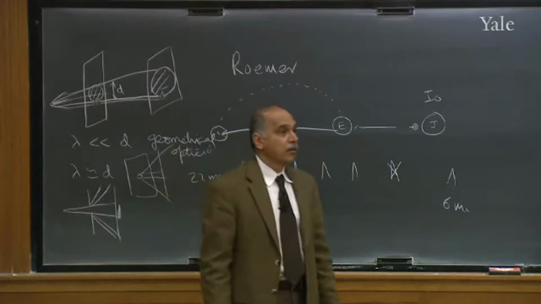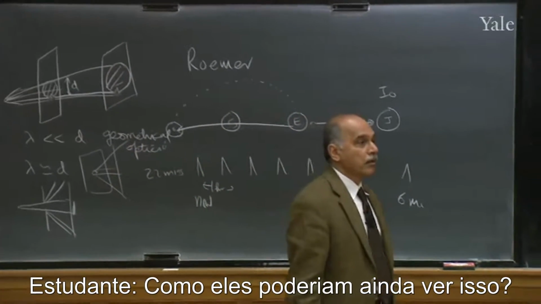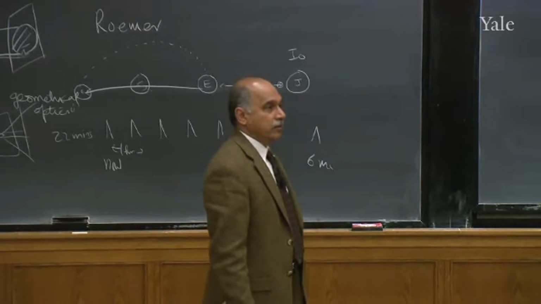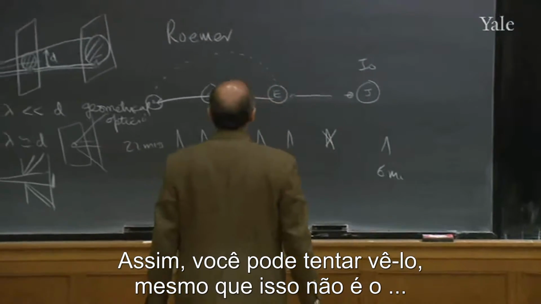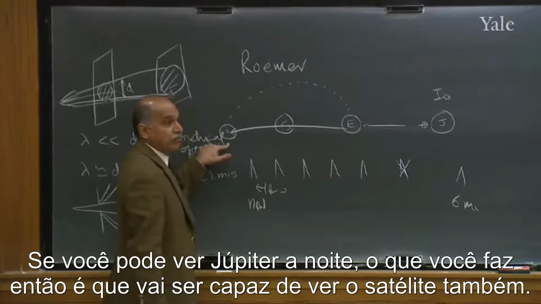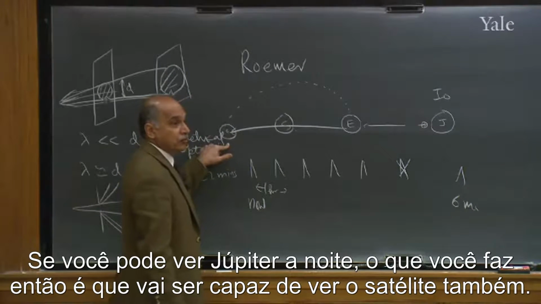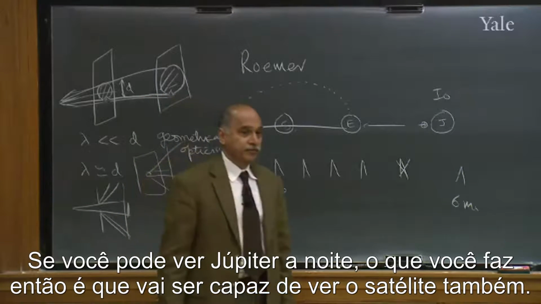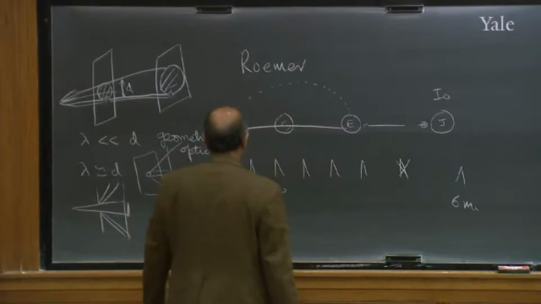Yes? How could they still see it when they don't understand the sun in relation to it? Well, it's not all in the same plane. Oh, okay, so you can try to see it even if it's not in the... If you can see Jupiter at night, which you do, then you'll be able to see the satellite also. All right, so